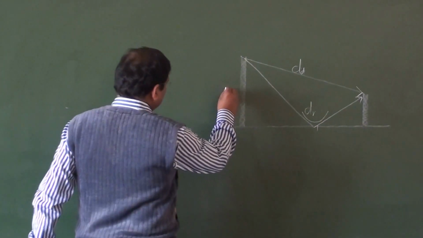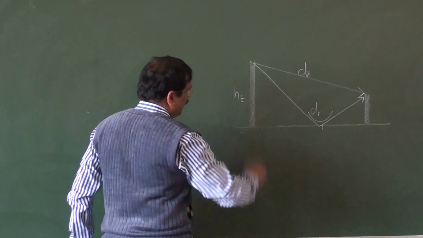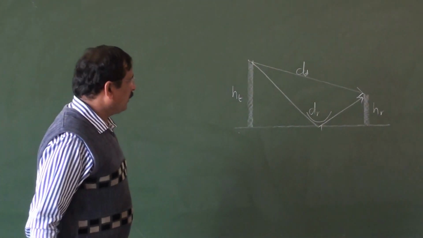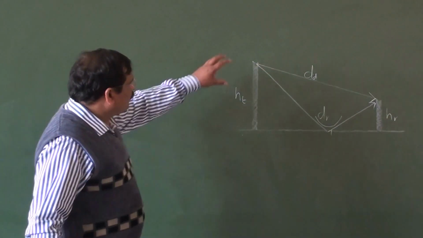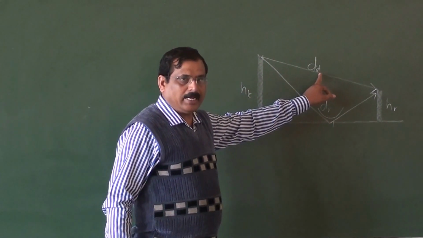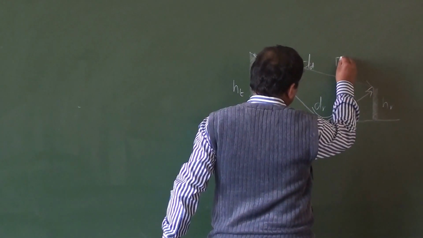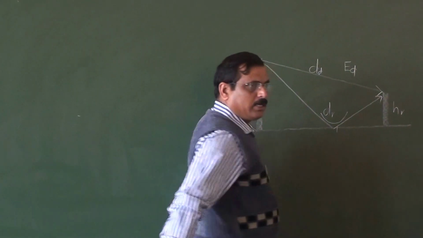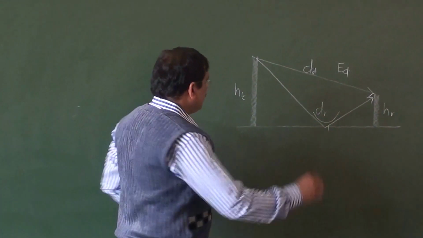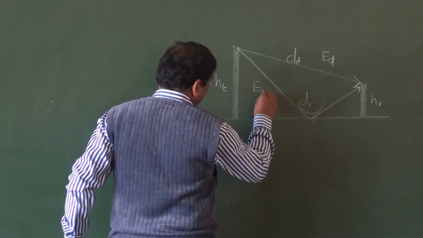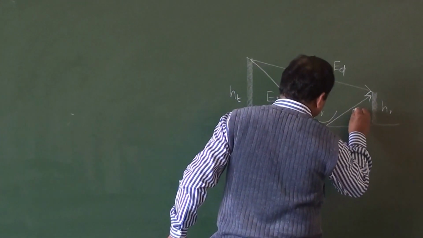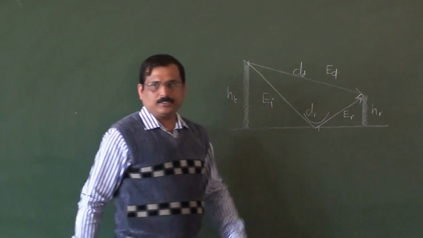The height of the transmitter is, let us say, HT, and the height of the receiver is HR. You all know all these components. Whenever you want to transmit something, an E field is going to be transmitted through this line, and we indicate this E field as ED, the E field received at this point from the direct path. Correspondingly, this is the E field incident on this particular point on the ground, and this is the E field that is reflected and coming back to the receiver.